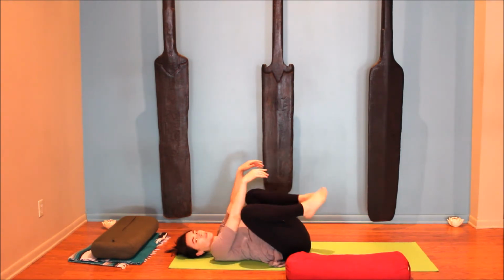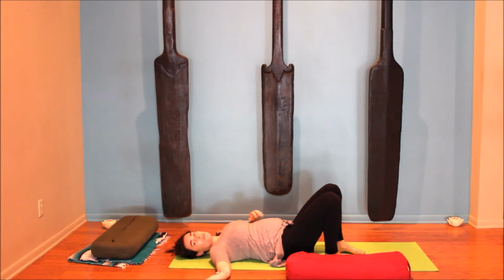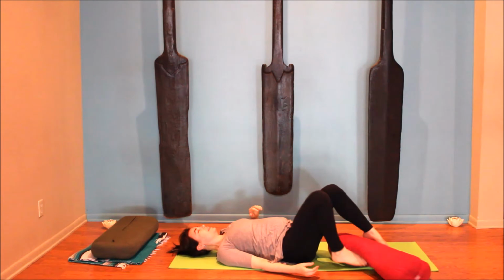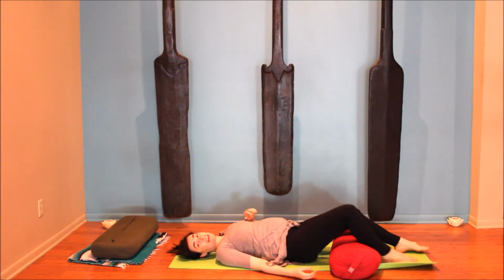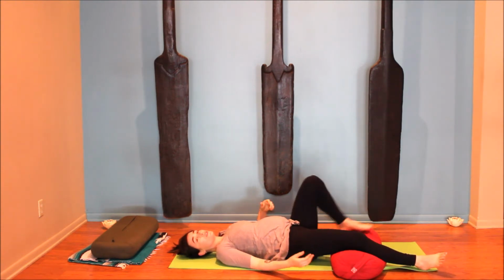And exhale, gently release. From here, slowly take the feet to the floor, and we'll move into Shavasana. You can have this nice bolster to place under your knees and rest on your back. But again, if resting on your back is not feeling so good for you right now, you can do this